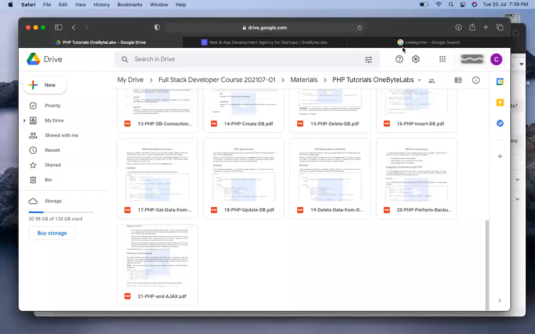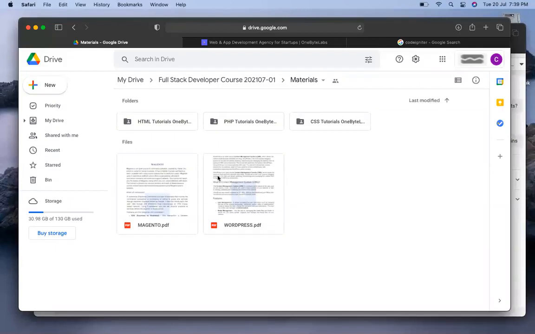Okay, so all these things we'll be learning in the PHP. Got it? So these two modules, the PDFs also I included in the advance about Magento and WordPress. Okay, so in Magento and WordPress, you don't have to go with this right now. We'll be starting with these Magento and WordPress after finishing out the basics of websites. This is the basic part of full stack. After finishing out the basics of the full stack, we'll proceed ahead, and then we'll be simply going to